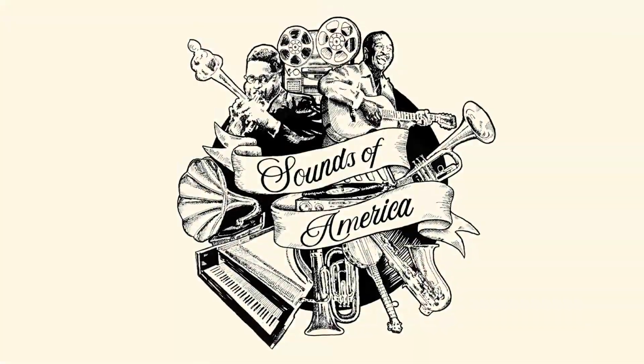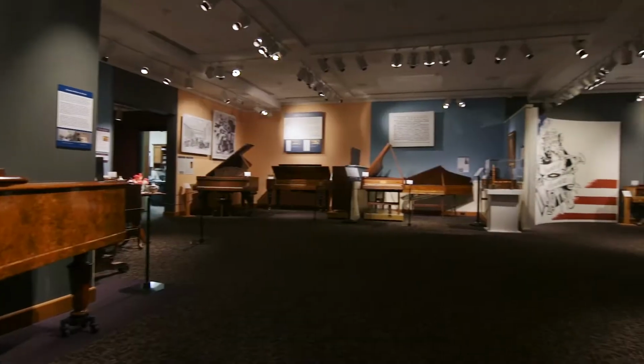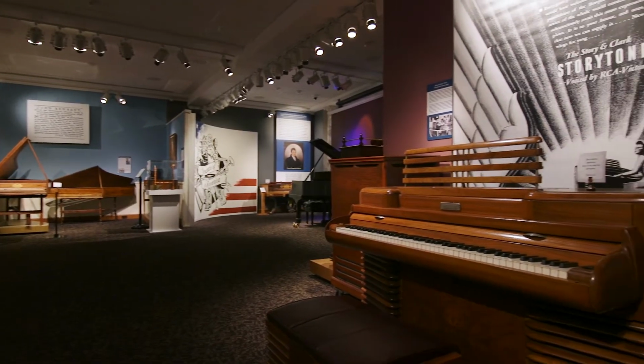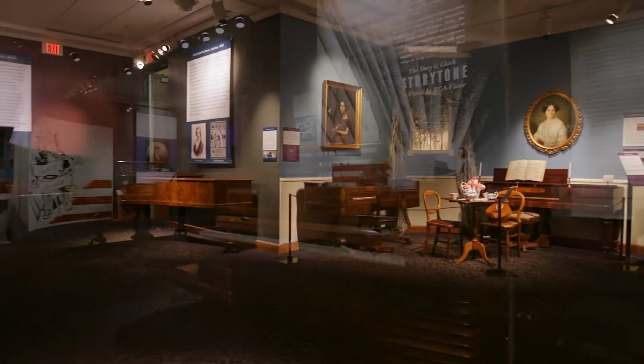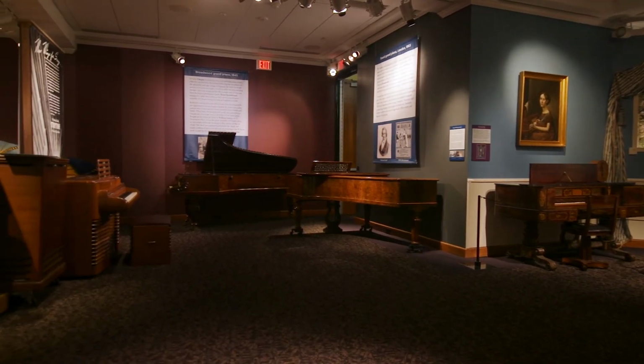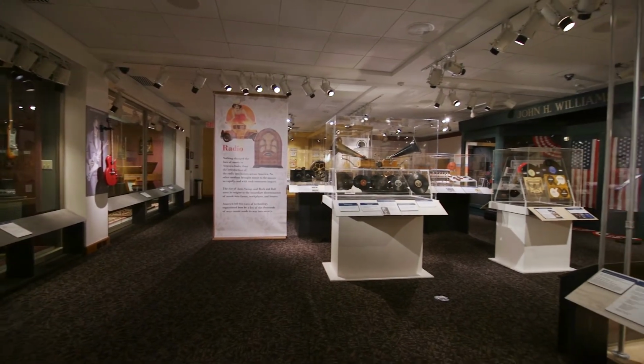Now, SIGAL Music Museum is proud to bring forward Sounds of America, an exhibition touching on many of the high points of musical instrument and musical style development from colonial times up to the late 20th century. While no museum is large enough to give so broad a subject a full and complete review, we have assembled